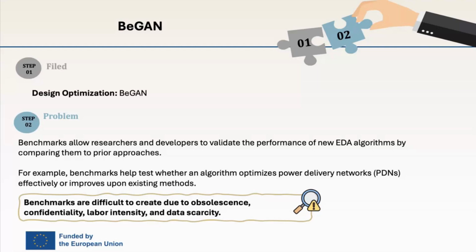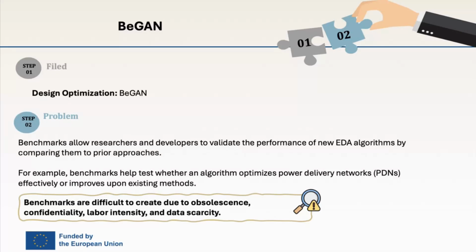So we can't use only old benchmarks to evaluate a new method. And also when we talk about new chiplet design or something like this, we could have a confidentiality problem, because some companies can't sacrifice their data or designs in order to have a benchmark. And also the design improves very quickly, and this makes it labor intensive to have all of these